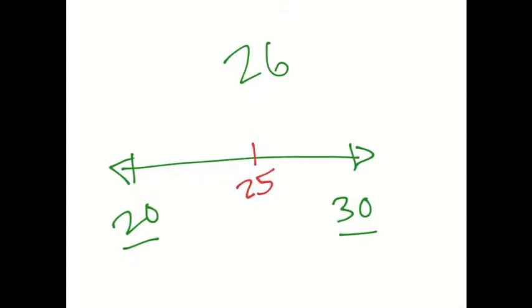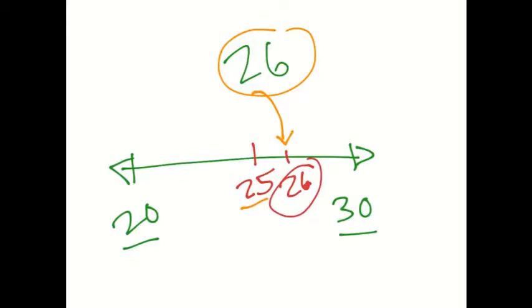Now, let's ask students to place 26 on the number line. Students, would 26 come before 25 or after 25? Well, hopefully, if students have a good concept of counting, they recognize that 26 comes after 25 on the number line. Because 26 comes after 25 on the number line, we can then ask students,